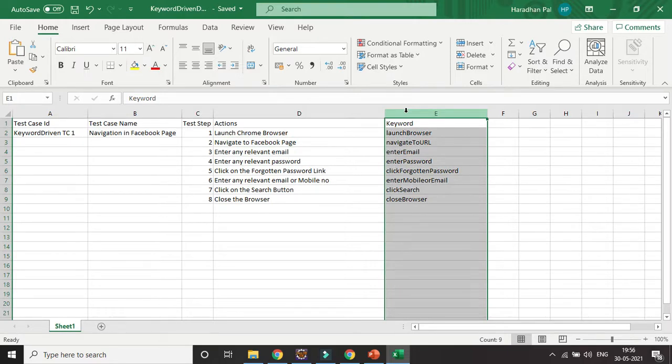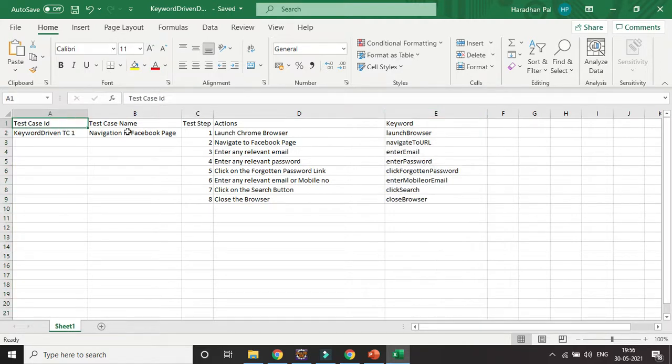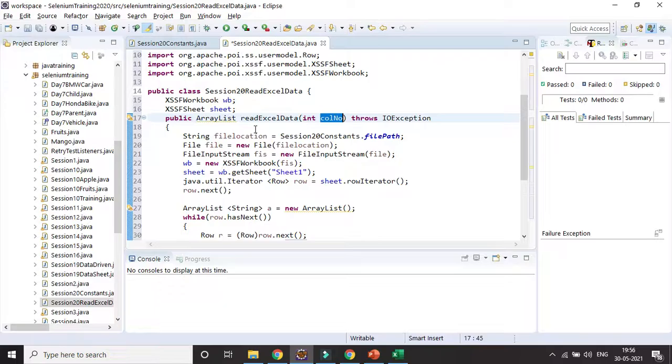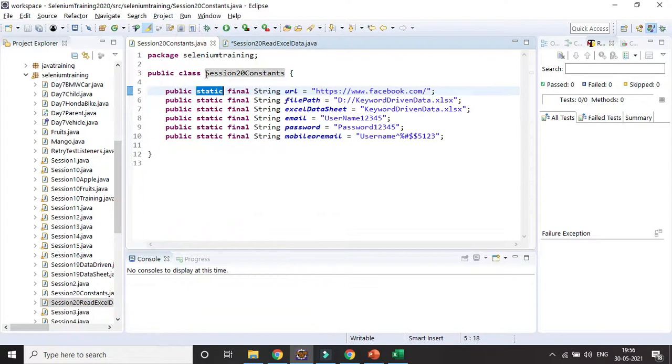After I go to the file path, I need to remember the sheet name, then my workbook name, first workbook name, the sheet name, then row, and then cell, and then cell value. So that is the thing I have written here. First, the file location I have given as some constant, so I am reading it from here, the class dot variable, because I have declared it as static and final, so it can be easily readable.